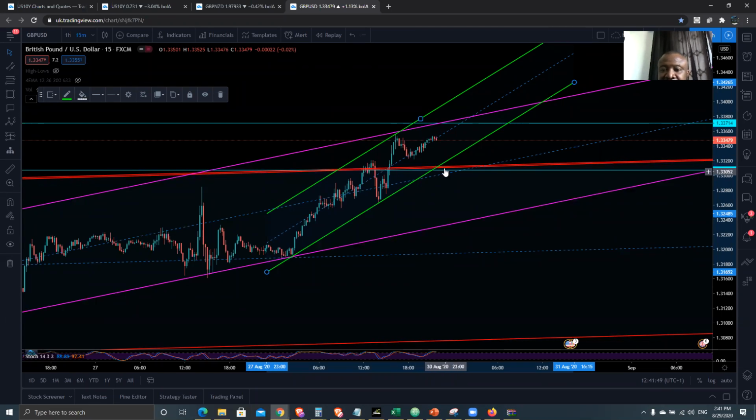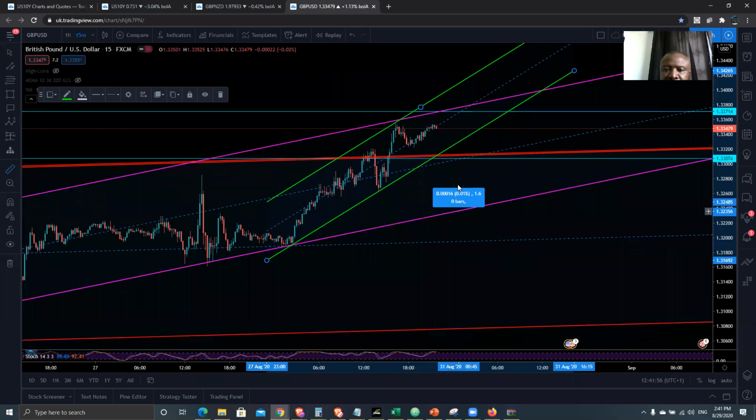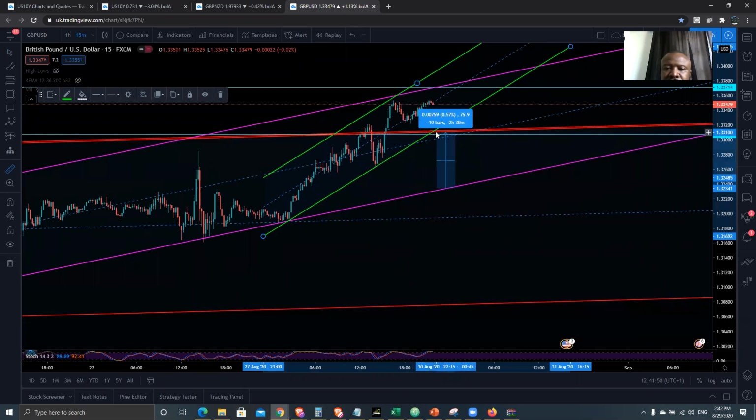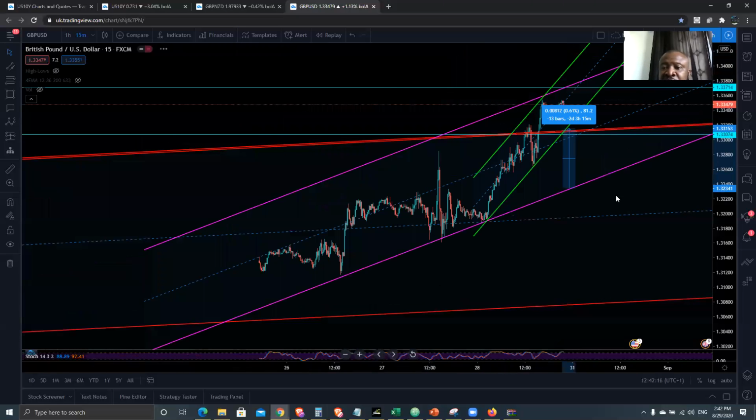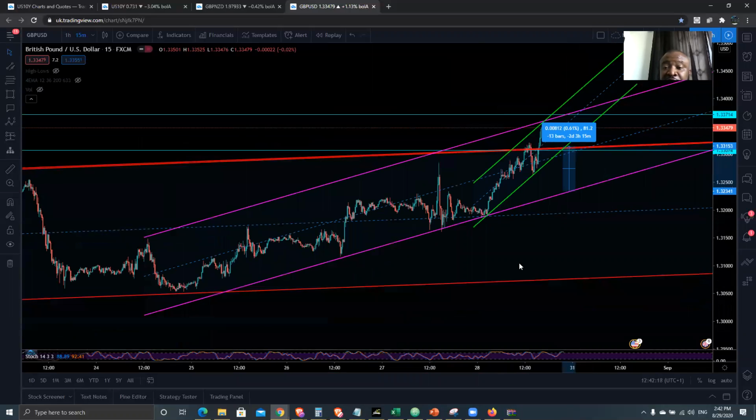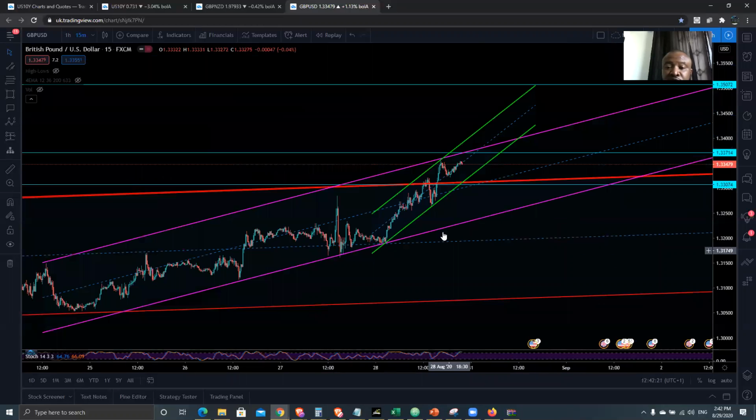And if we break this down, surely we are coming down to this level. So about 81 pips trade for a short if we manage to break down this 15-minute structure. Apart from that, it's a little bit tricky, and I know that we are attaining an area where a sell opportunity can occur. But for now, those are the possible structures.